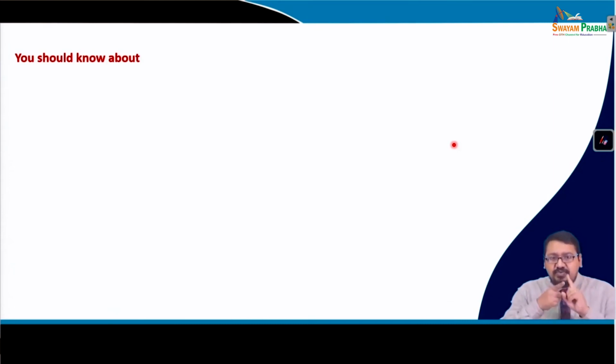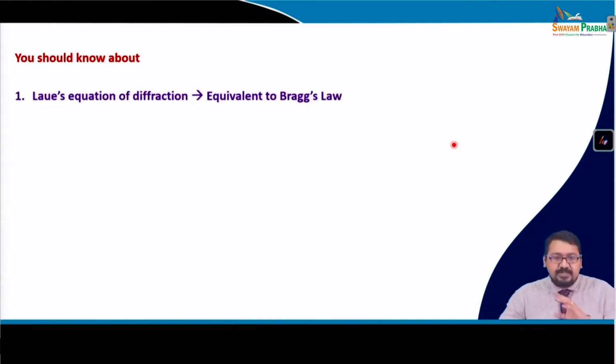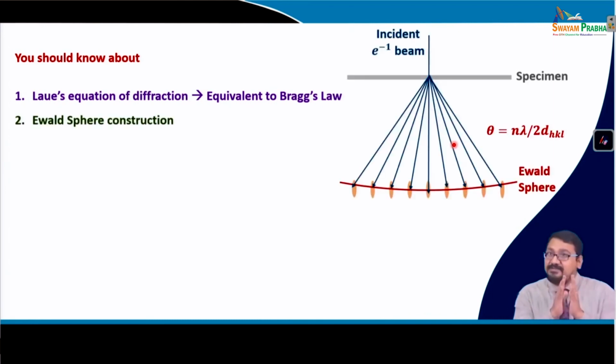So, thinking about what you should know while we are doing this course, we should have an understanding of the Laue equation of diffraction, which is basically equivalent to Bragg's law, because it is important for electron diffraction. The second thing and the most important thing is to understand the Ewald sphere construction. And what is an Ewald sphere? An Ewald sphere is a sphere where the reciprocal lattice spots or the poles should intersect in order to